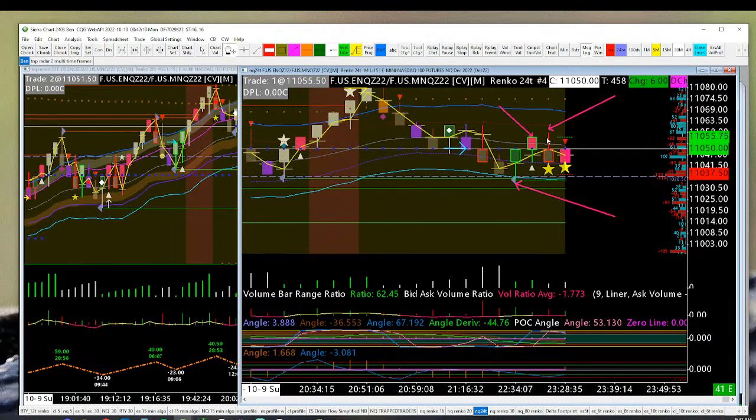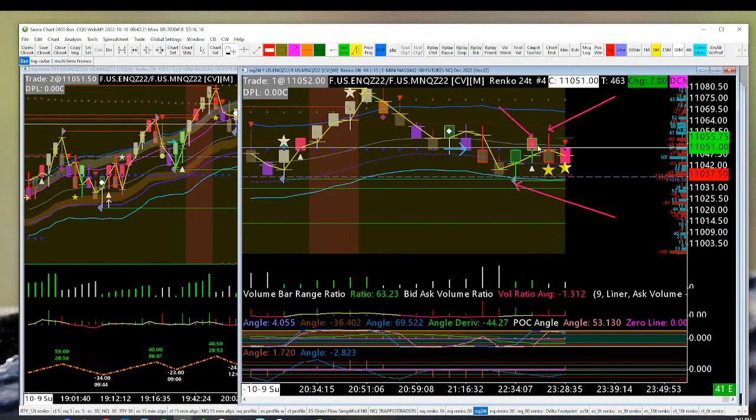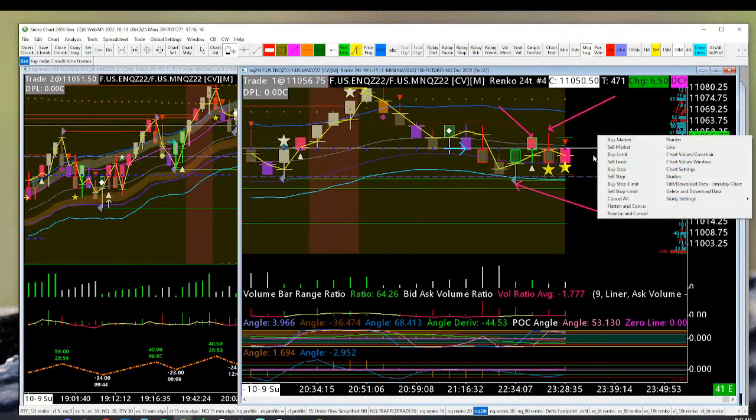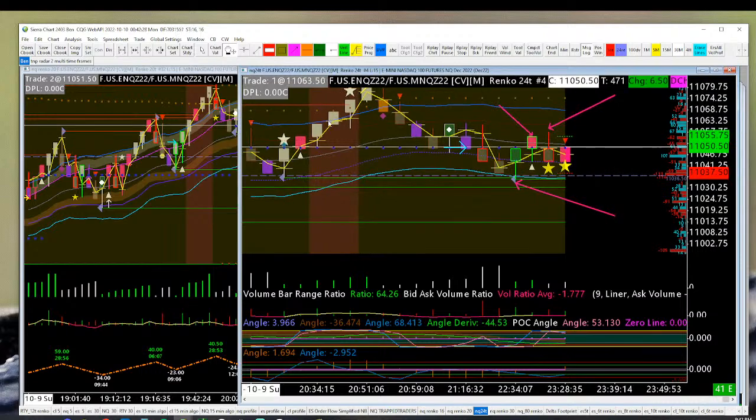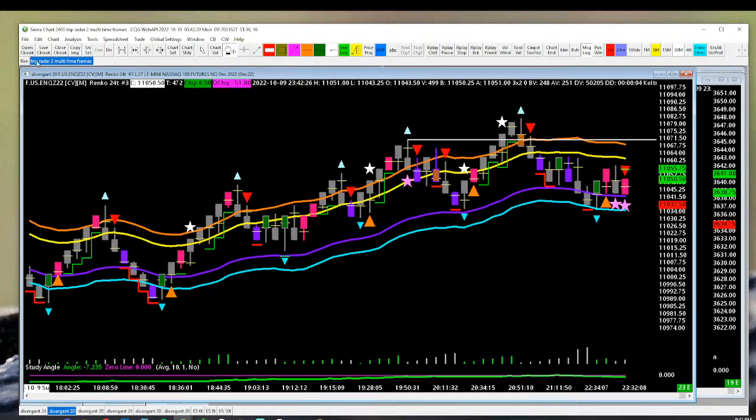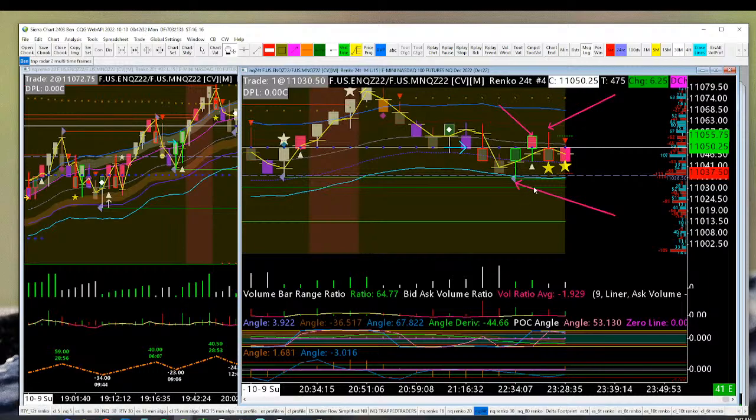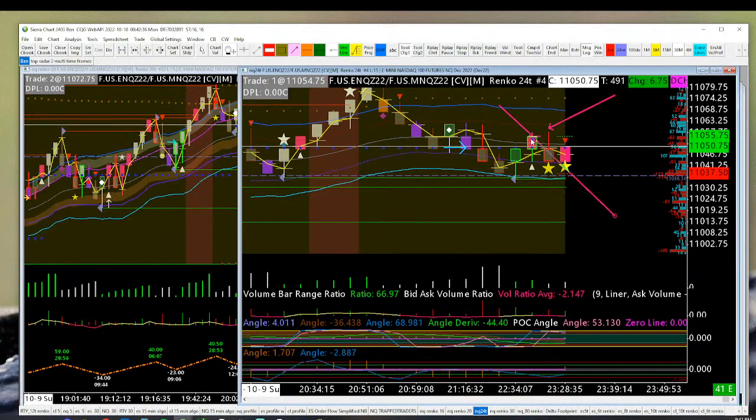The red outlines like this will only happen on bearish bars. The green outlines will only happen on bullish bars. I built this signal, not all of them. Obviously, I didn't build any of these, right? But I built this signal because of what I started to notice when we would print one of these bars,